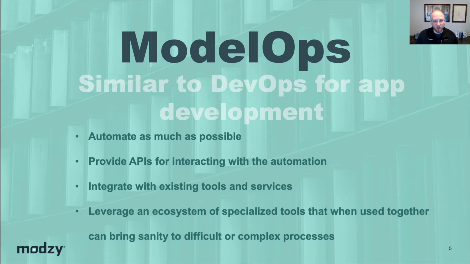Third, you want to be able to utilize, participate in, and contribute back to the open source community that is growing around ModelOps. One of the great strengths of the DevOps community is the wealth of open source software available to automate particularly complex or difficult bits of the process, and combining a cocktail of these tools together can bring a level of maturity to a release process that would be difficult to achieve if you had to write everything yourself. Similarly, the ModelOps community is following in the DevOps community's footsteps, and every month there are new and powerful tools being made available that help to simplify or automate some of the difficult parts of releasing models into production.